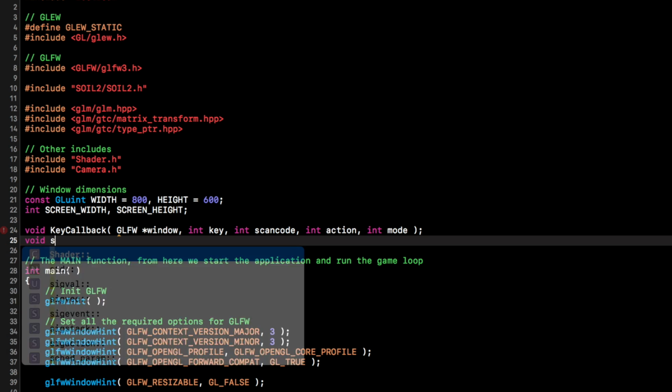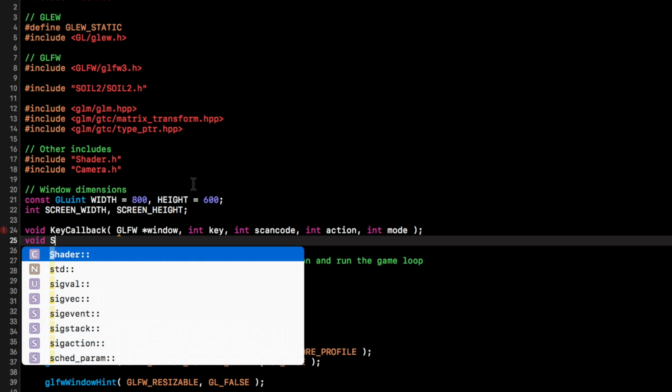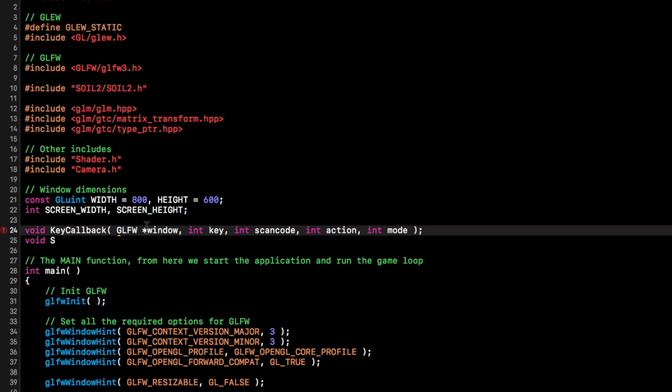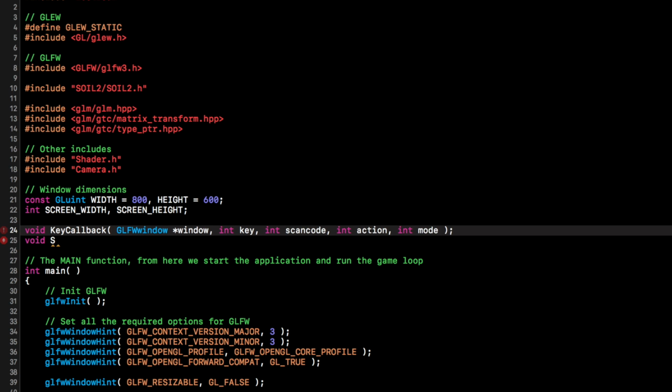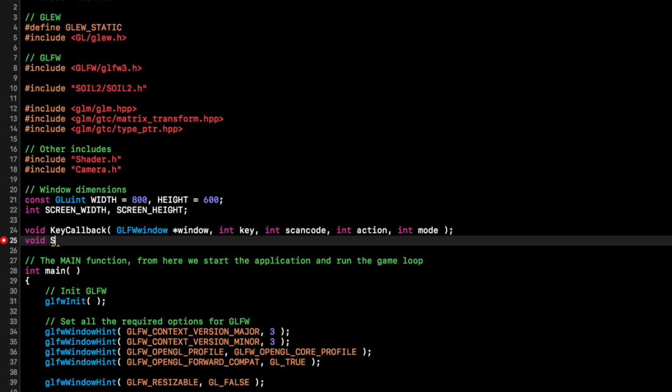I'm going to do void. What's GLFW mode about? Oh, it should be GLFWwindow, not just GLFW on its own. Window should be okay now. GLFWwindow, yeah, capital W. I'll put a capital W instead of a lowercase. I'm going to put scroll_callback GLFW